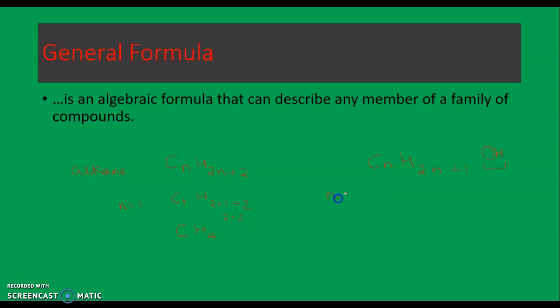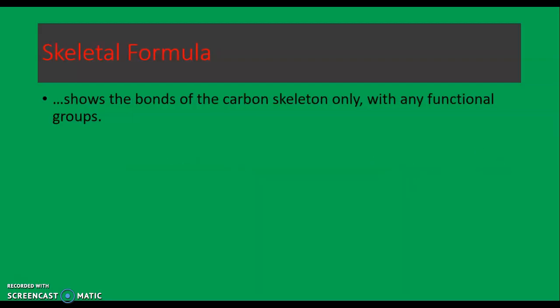So if n is equal to 2, so C2H2 times 2 plus 1 OH. So you'll have C2, 4 plus 1 is 5, C2H5OH is the alcohol with 2 carbons, and we know that's ethanol. Skeletal formula. So in order to figure out the skeletal formula, you would need to know